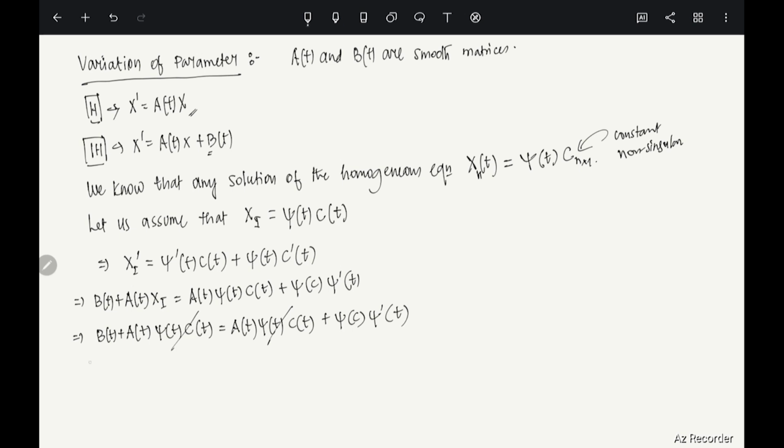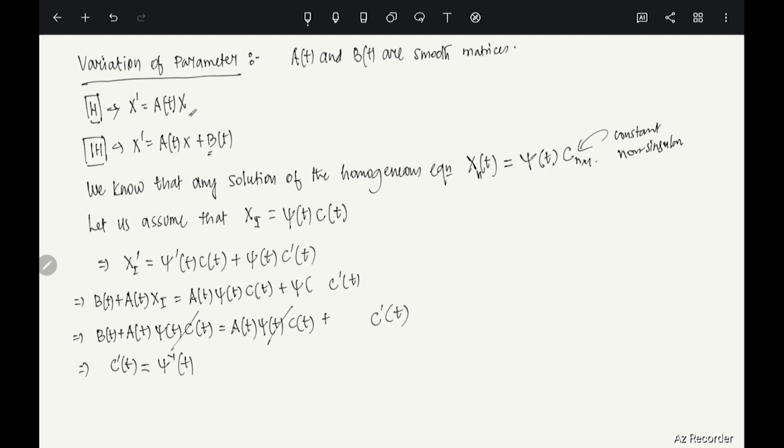Okay, so therefore what we get is b of t equals phi of t times c prime of t. I'm really sorry about it. So I have c prime of t is nothing but phi inverse of t